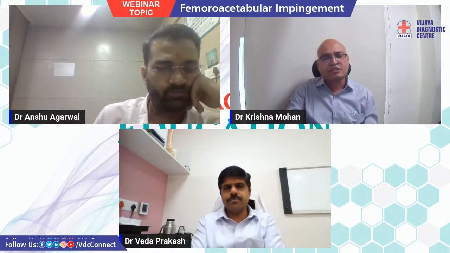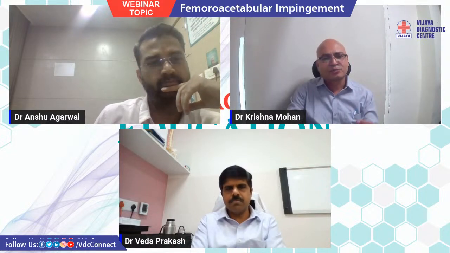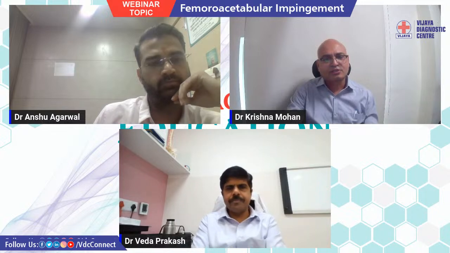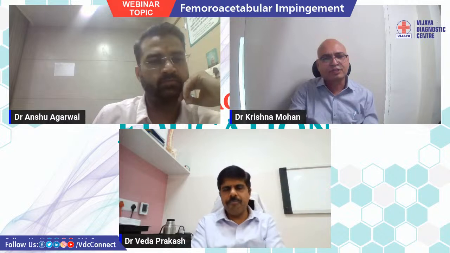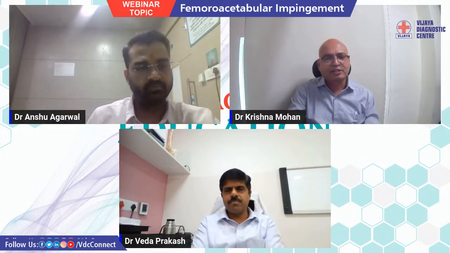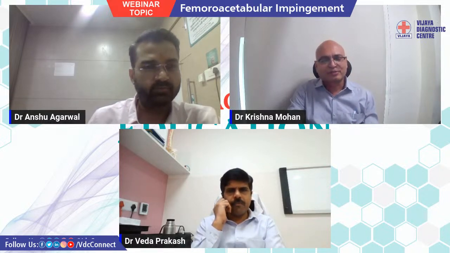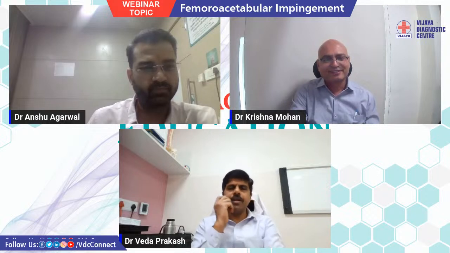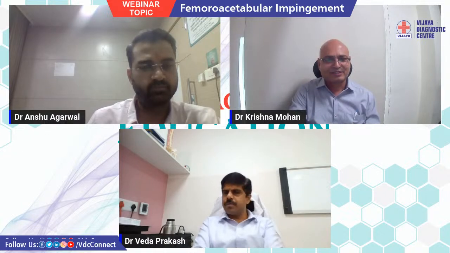If we try to see a larger area in one scan, the resolution will fall and we cannot see tiny structures like labrums and small ligamentous structures. This applies even for the ankle. If we try to include the entire foot and do the ankle, then the resolution is not enough to see small ligaments like ATFL, CFL and others. The same applies to any area. If we have to look for some ligament in the thumb, we have to specifically study the thumb only, not the entire hand.